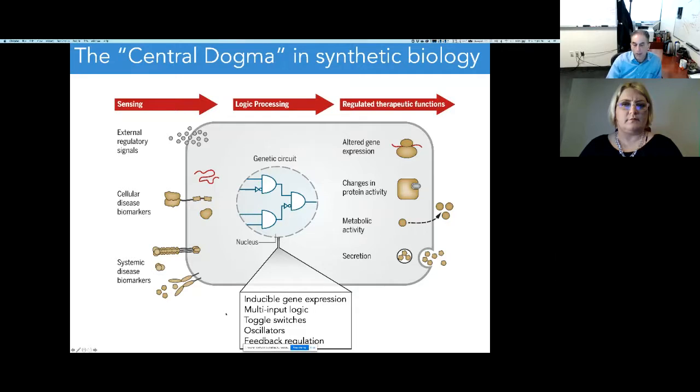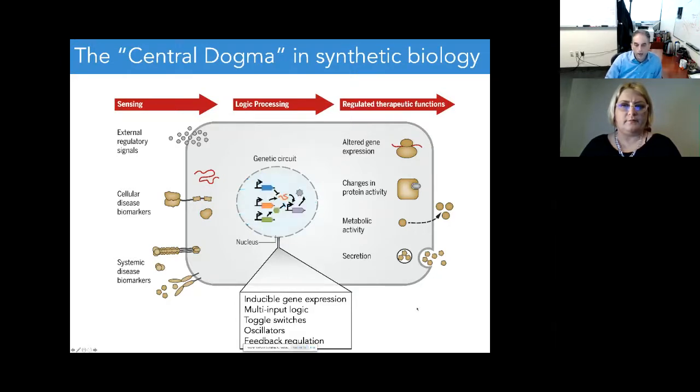So I'm going to talk about many of these. We want to induce expression of genes at the right time, at the right place. We want to be able to use multi-input logic to control when we activate certain things. We want to be able to create these on-off toggle switches, so we can basically turn on expression or turn off expression where we like, and feedback regulation and so on. So these are some types of behaviors that we want to be able to engineer the cells to do. And then what we can think about is translating those into these gene regulatory networks.